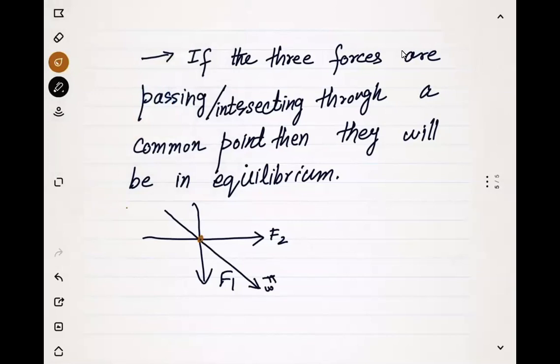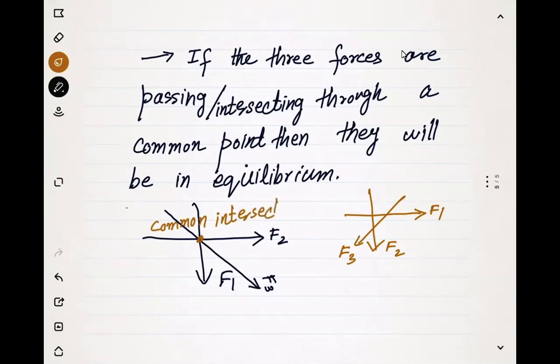However, if you take these three forces, this is F1, this is F2, and this is F3, they are not in equilibrium because they do not have a common intersection. So here I will say that they have a common intersection. Whenever the forces have a common intersection, the